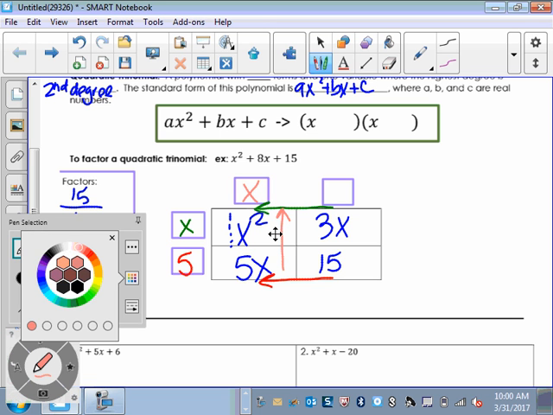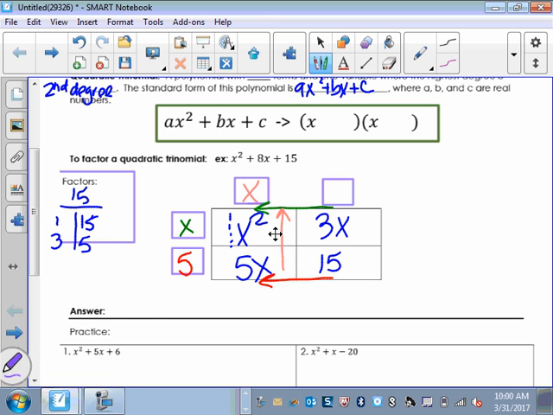Okay. Another color. Let's do a purple. I'm going to look at finally 15 and 3x. So you gotta ask yourself, what do they both have in common? Well, they both have a factor of 3 in common. So these boxes are actually going to be the numbers that you put on the insides of these